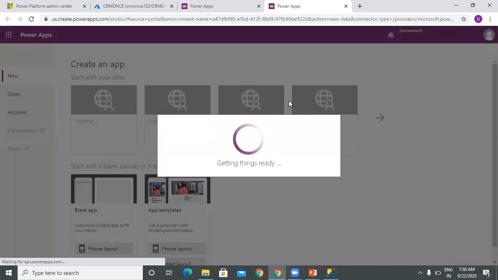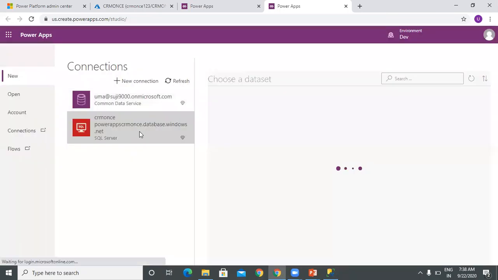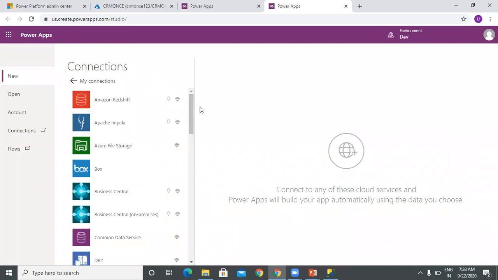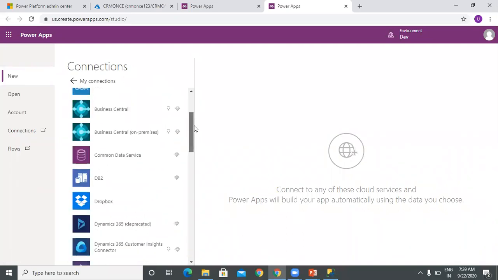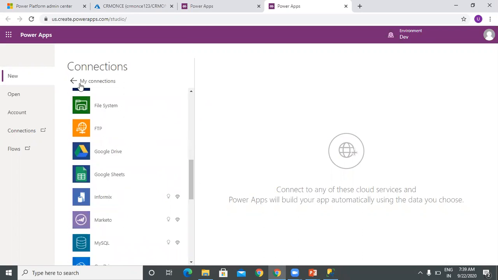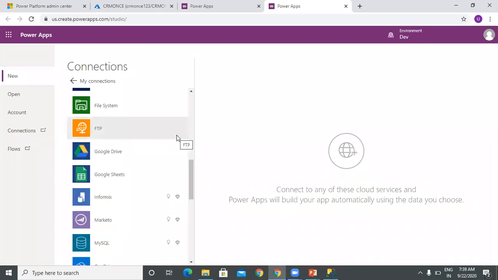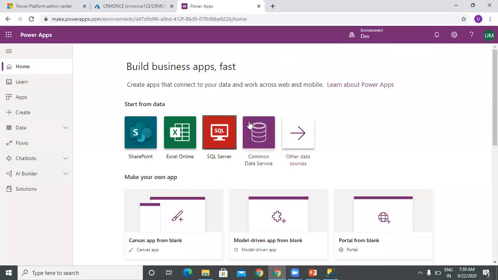The only thing you need to select is which SQL server you want to use. Here you need to add a new connection. You can select the source and it will automatically generate the app for us.